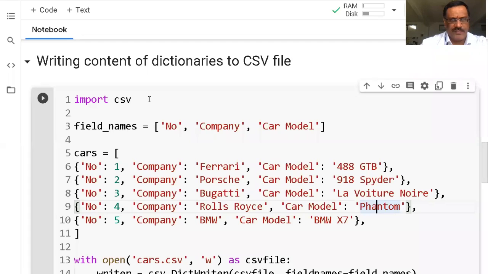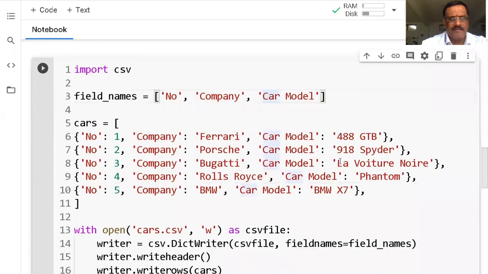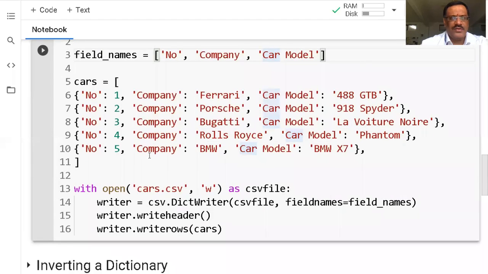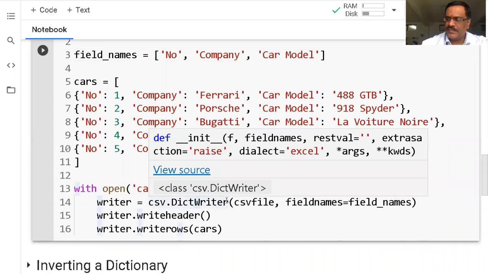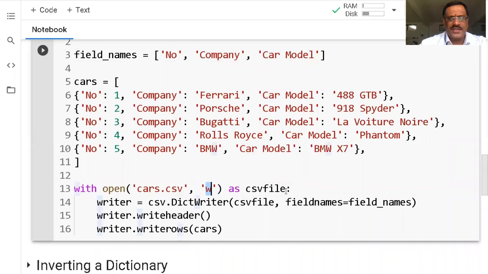What I have to do, I have to import csv again. These are the field names, that is name, company, and model. What I'll do, I'll open a new file called cars.csv in write mode. Once it is opened in write mode, what happens? The CSV file and